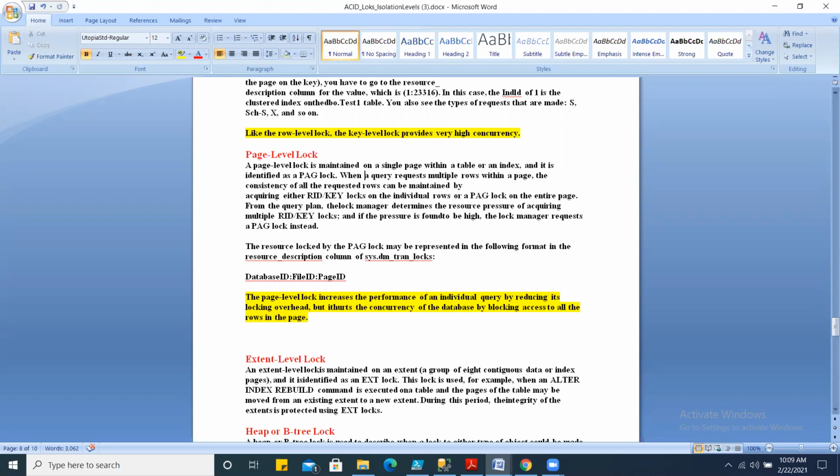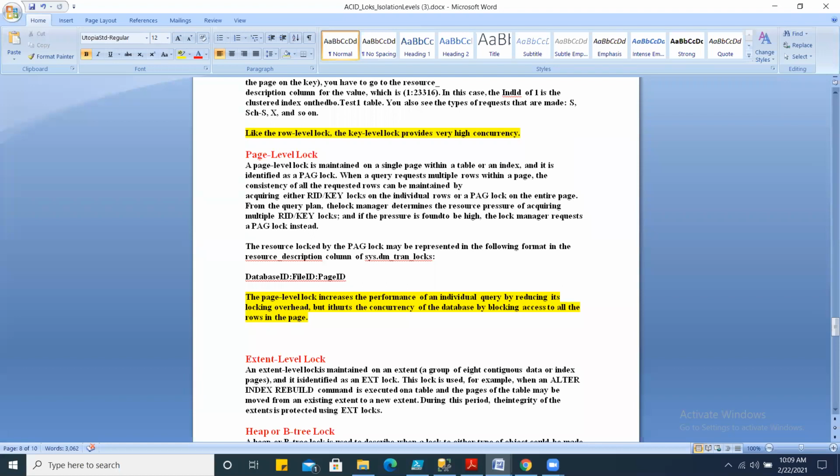It means that we are allowing more transaction concurrency here, but at the same time we are, I would not say unnecessarily, consuming more memory also, because we are going to use 50 locks against 50 rows.